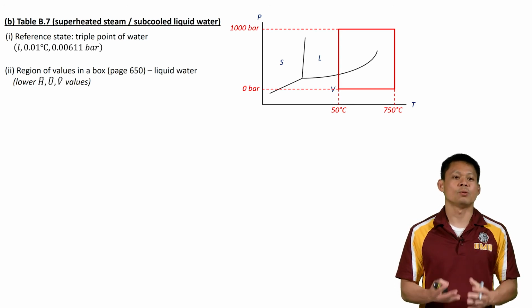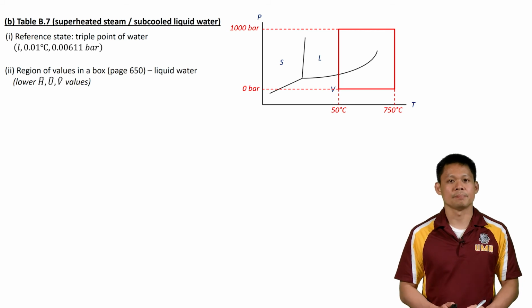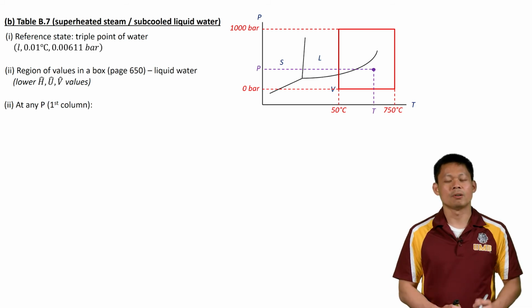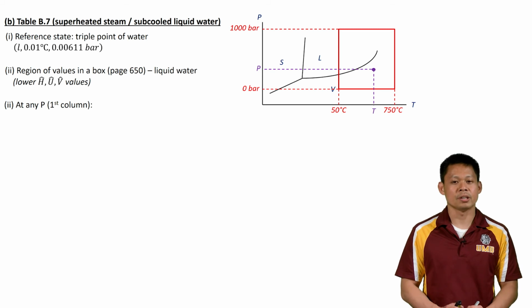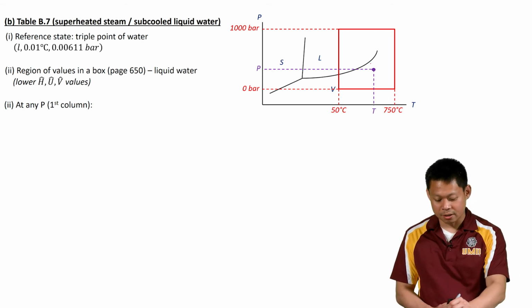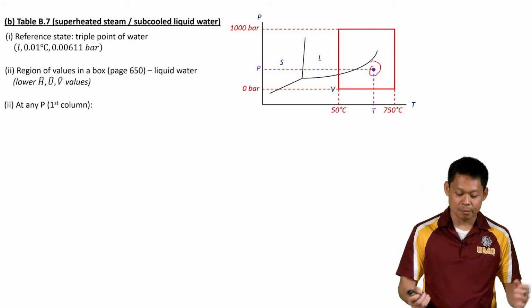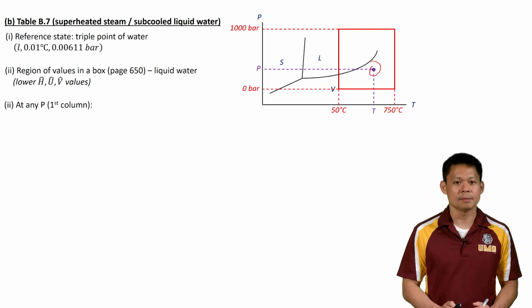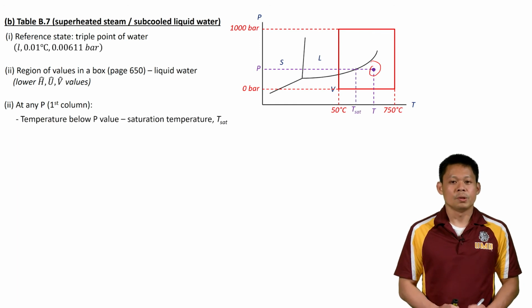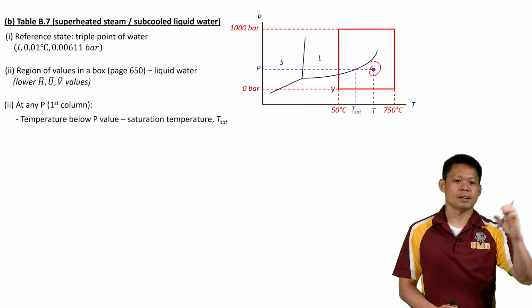So we saw why this is so from the previous slide between liquid and vapor. So let's look at a single row of values. At any pressure that we have, we are going to be in the superheated vapor region. So we are going to be right here. So let's assume that for any P, we're going to be at some temperature T, and we can pick the temperature that we want. You will see that in that table of values, you have the P value and then